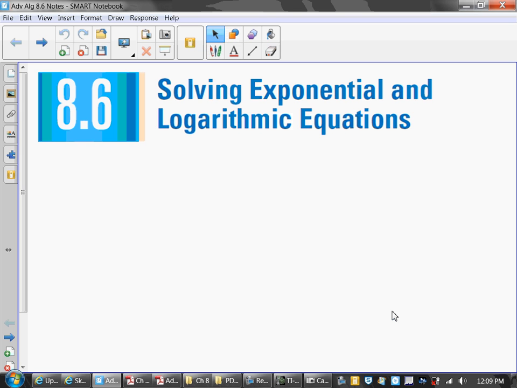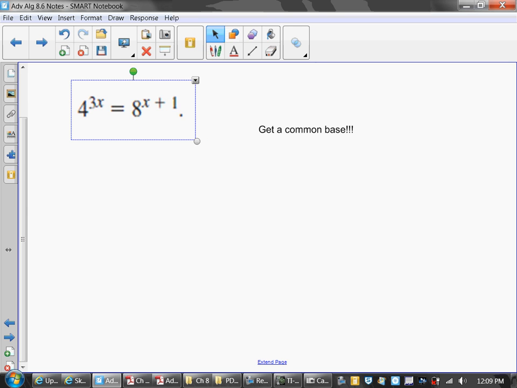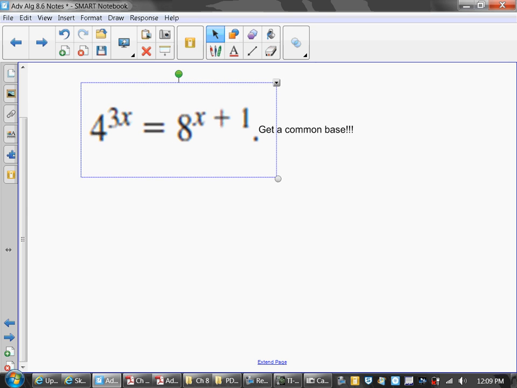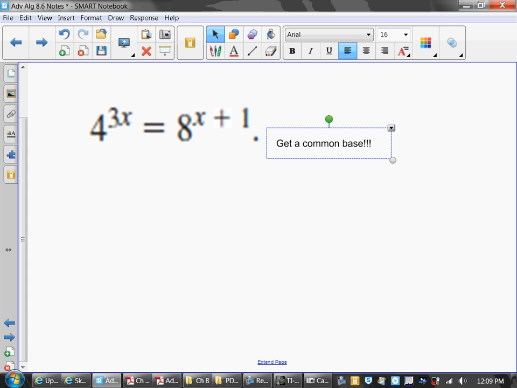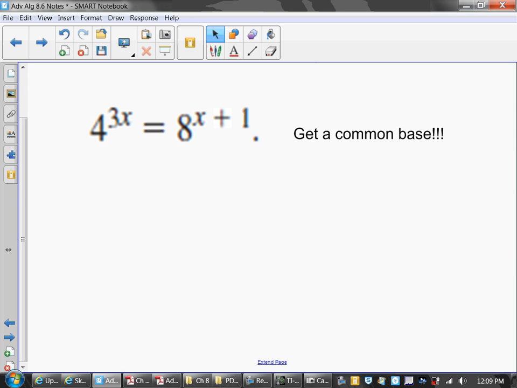People really seem to do rather well with these things. So here's what we've got. What we're going to wind up with here today are equations that look like this, and a big giant hint. We have 4 to the 3x equals 8 to the x plus 1. Now, in order for us to be able to solve these style equations, there is a very large hint involved